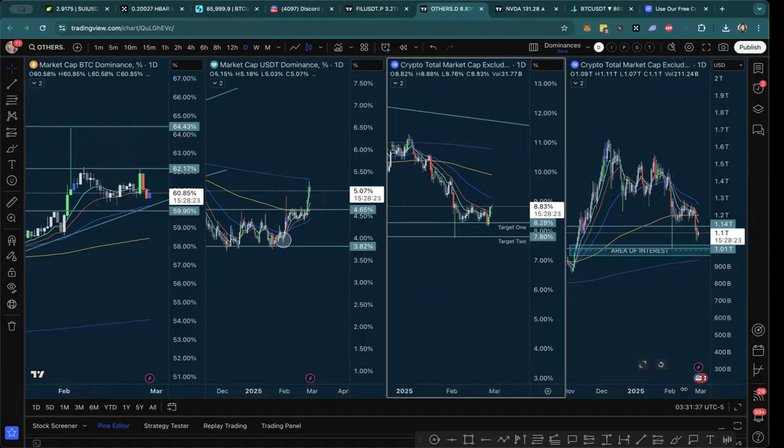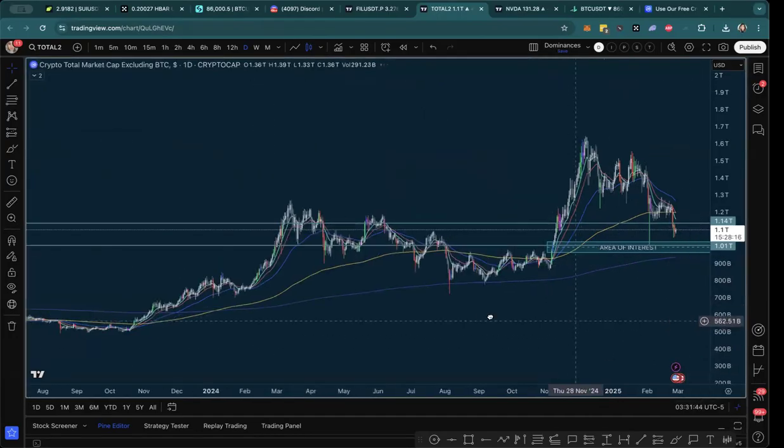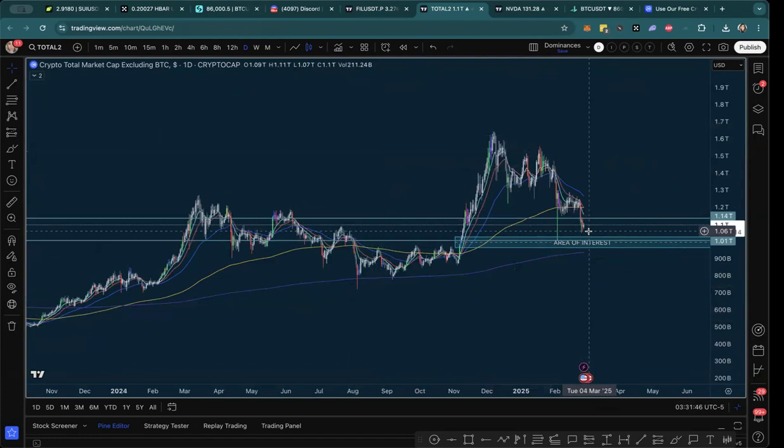And then finally, you can have a look at the last one. So this is the total just excluding Bitcoin. And so what I can see here is a breakout and a retest, spiked into my area of interest once, and now it's a higher low. So yeah, there might be an attempt at least back to the 200 EMA. And again, if that were to happen, that means I'm probably going to find some good altcoin day trades.